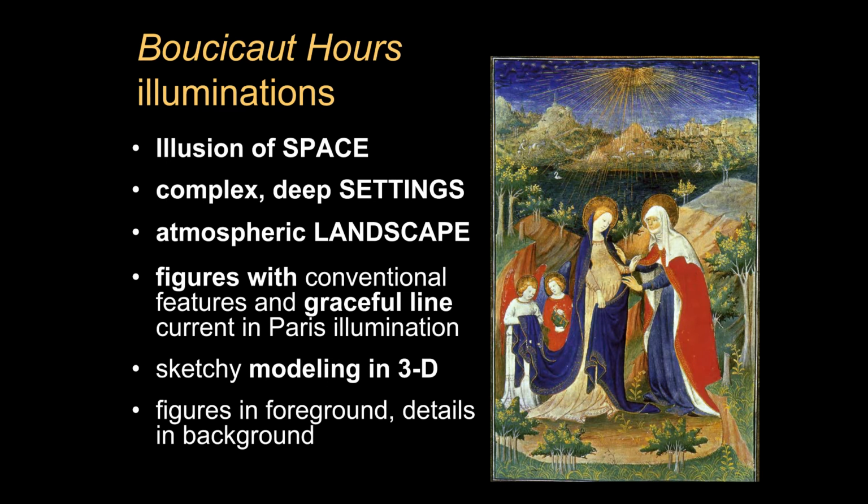Now, one of the things you'll notice is that there are these tiny little trees in the foreground. And then you have the large figures. And then you have a distant background landscape. So there is a disparity of scale where the human figures are large, and then you have just these little tiny trees to tell you they are in the landscape. There's more landscape in front, but you certainly don't want the trees to block the figures.